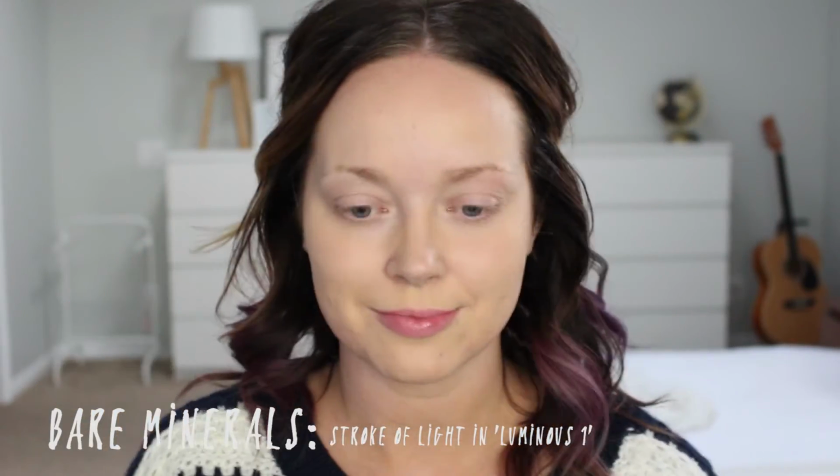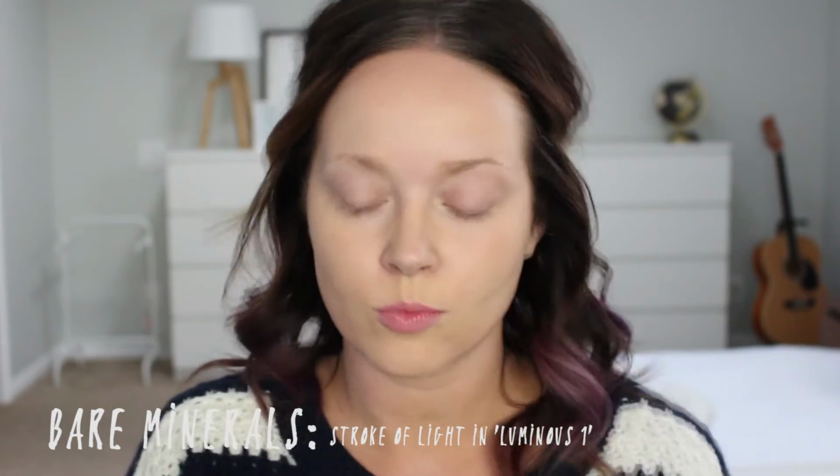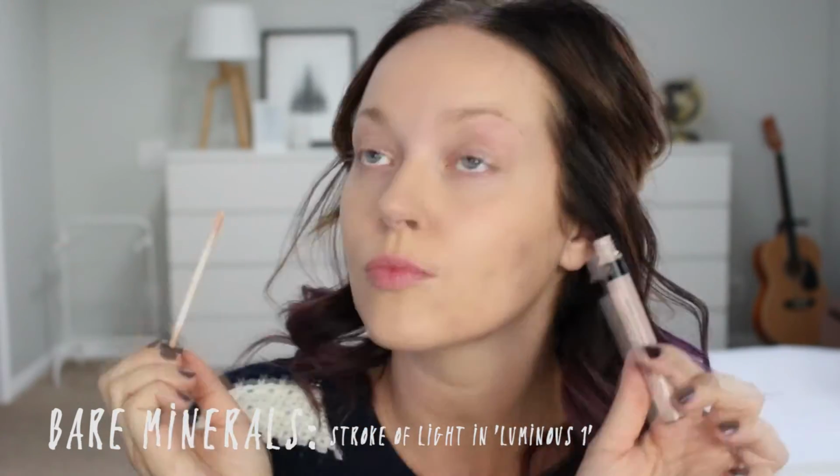Next, I want to brighten my under eyes, and I absolutely adore the Bare Minerals Stroke of Light in the color Luminous 1. As you can see, I'm having a little dance party over this product. It's wonderful. I feel like it has more highlight abilities than a concealer. It has a little bit more pinky undertones, so it's very brightening, cancels out dark circles, and so I just apply it with the wand that it comes with